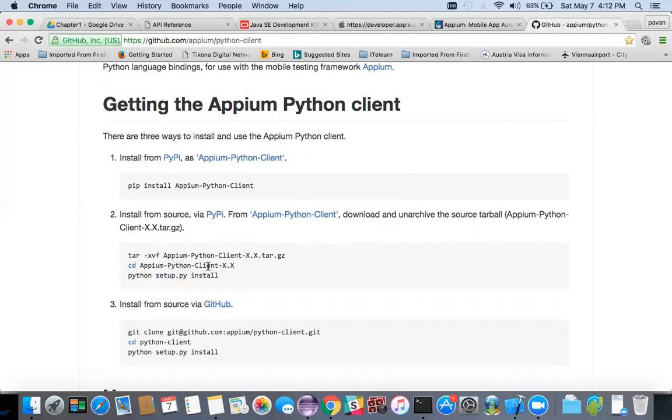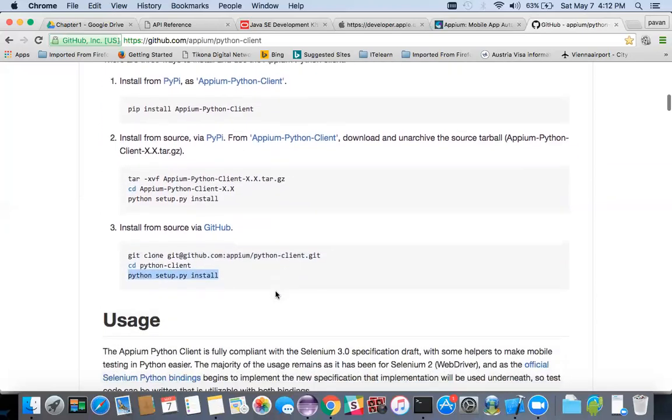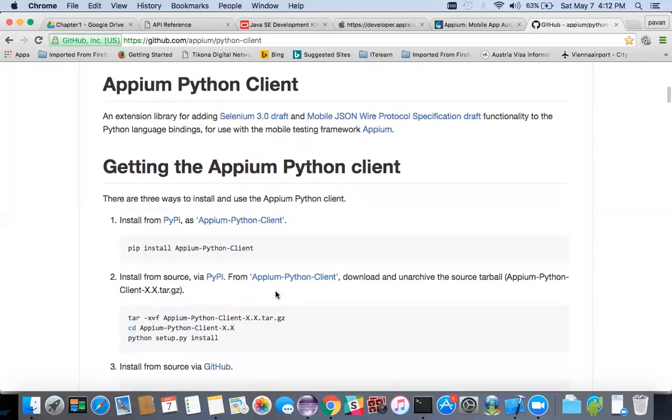Else, if you are not able to access the zip, you can simply clone the Git repository where the Python client binaries, the source code of the binaries, are. So you can again download them and simply do a Python setup install. So in this way you have all the